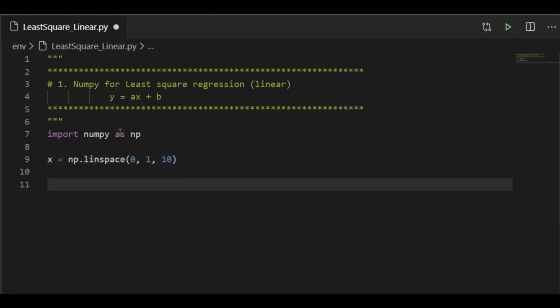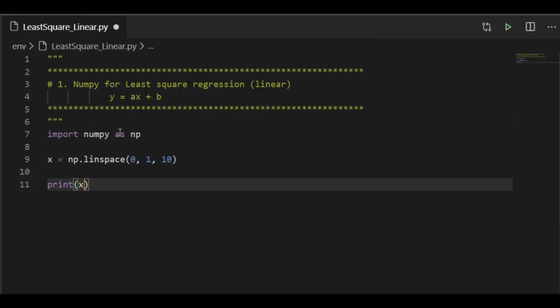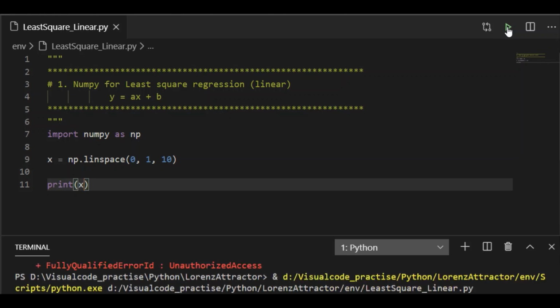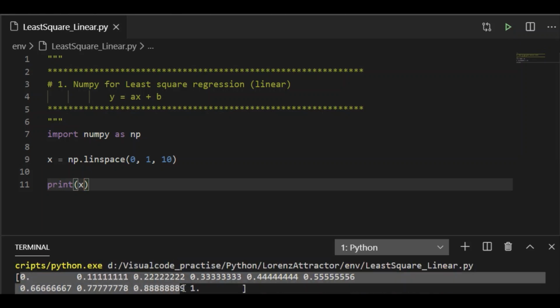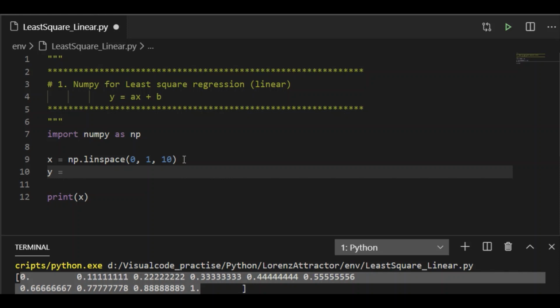Create the artificial data for x between 0 and 1. Let us take 10 samples which will be equidistant from 0 to 1. As we can see, the 10 samples are equidistant between 0 and 1 because we are using linspace provided by numpy. Y being a linear function of x is ax plus b.